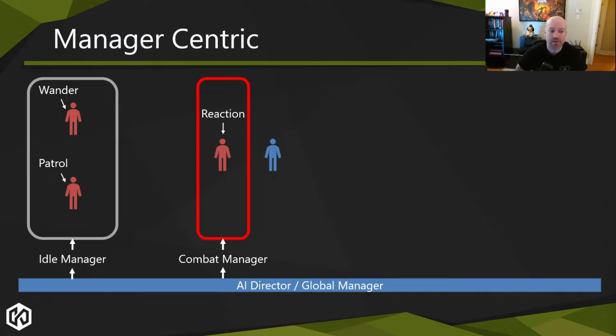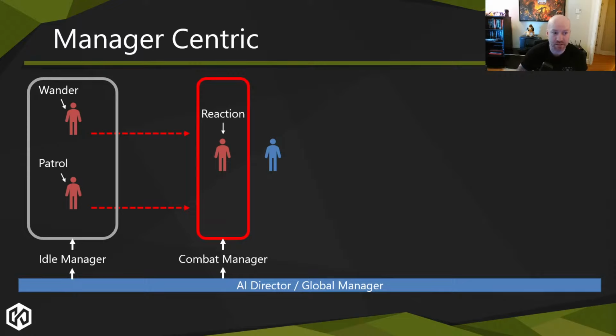So what ends up happening is that we basically take that first agent and shove it into a combat manager, and the combat manager says, okay, you're just joining. So the first thing you need to do is play a reaction to the player, because we've just created a combat manager. You're the first entry. So boom, reaction time. At this point, the other two may have now noticed that an allied agent is in combat, or they can see the player or something. They need to now join.